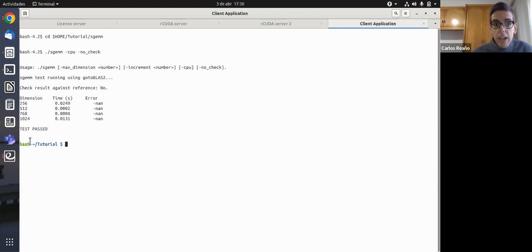So, of course, if we compare a local GPU with a remote GPU, the performance could be a bit worse. But if we compare a CPU against using a remote GPU, the performance is going to be much better when using the remote GPU.